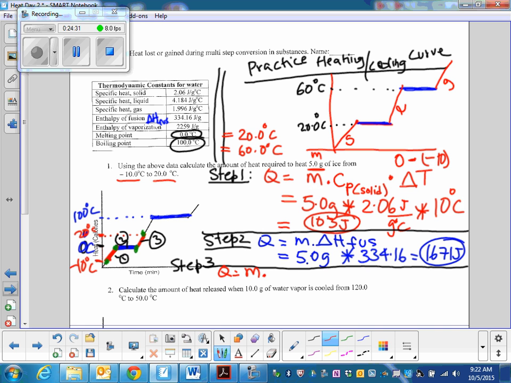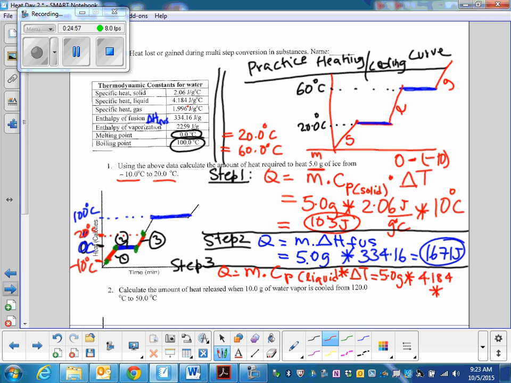So specific heat of the liquid times delta T. Is that right? So my mass is 5.0 grams. Which specific heat will I choose from the table? Specific heat of the liquid, which is 4.184 times